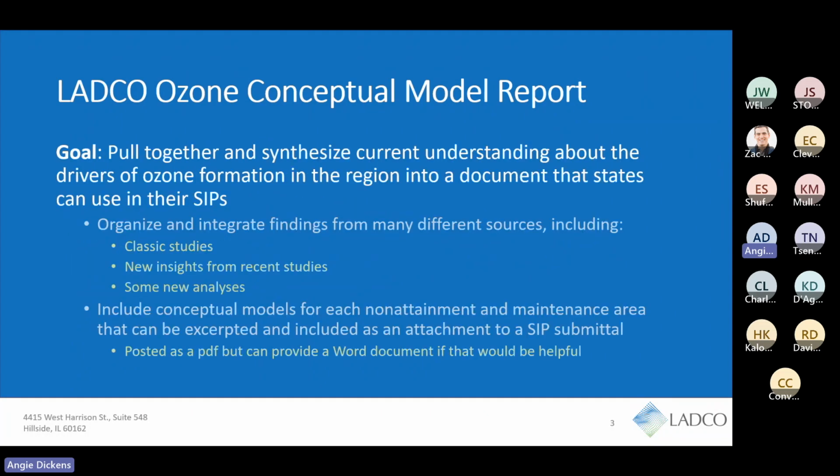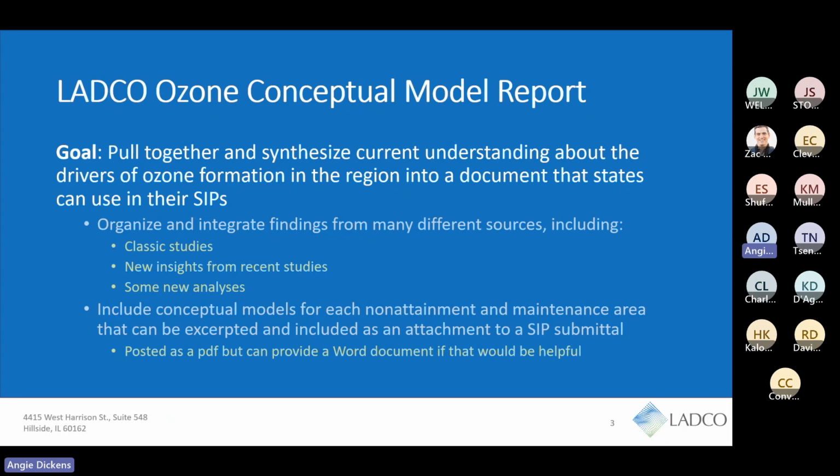It's not cutting-edge work. What it really is doing is pulling together and synthesizing our current understanding about what's driving ozone formation in this region, and putting it into a form that we're hoping the states can use in your SIPs. So it organizes and pulls together findings from a lot of different sources, including some classic studies, some understanding we've had for decades. There are some new insights and slightly different views on our understanding that we've gained from more recent studies. And I have some new analyses that I've done myself. Again, it's mostly packaging what we already know and understand into a form that you all can use